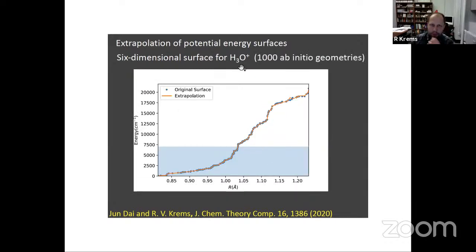So here's one of the results for the model with 1000 ab initio geometries. The model is trained by the ab initio points in the shaded range of energies on the graph here. And so everything in that wide area is the prediction of the model. So basically, the line here is the model prediction, and the symbols are the original ab initio points. As you can see, with just 1000 points, you can build very accurate 6-dimensional surfaces, and not only by interpolation but also by extrapolation. Now it gets better than that.